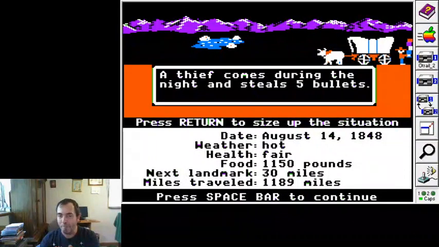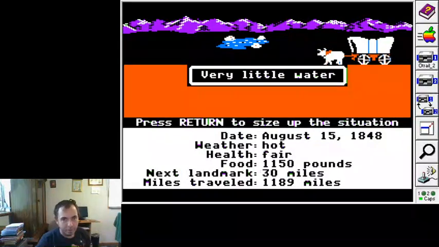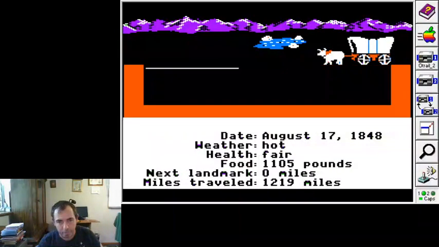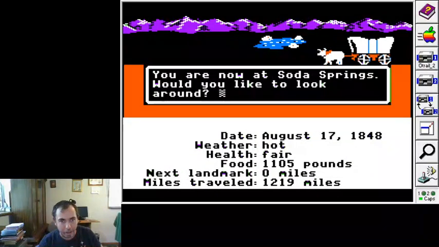Oh, a thief stole 5 bullets from me. Okay, whatever. Some thief you are. I'm eating more pounds of food than miles that I'm traveling per day. But at this point, I've got less than 800 miles left, so I can afford to do it.